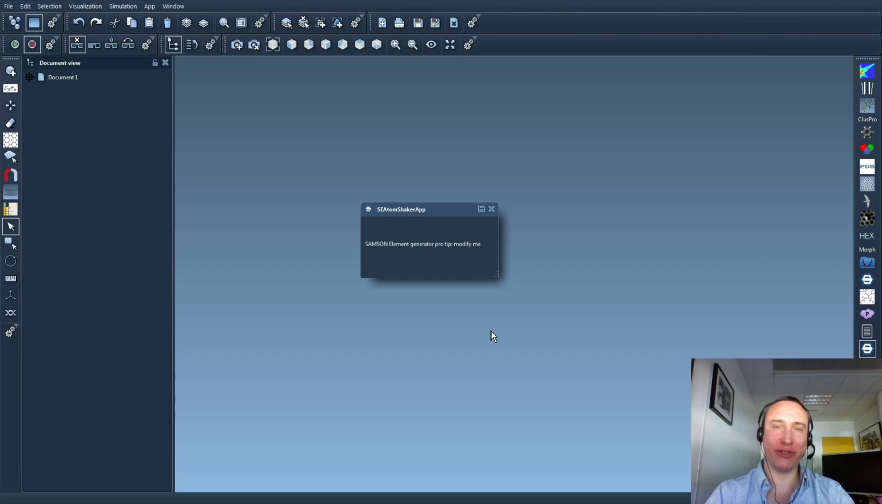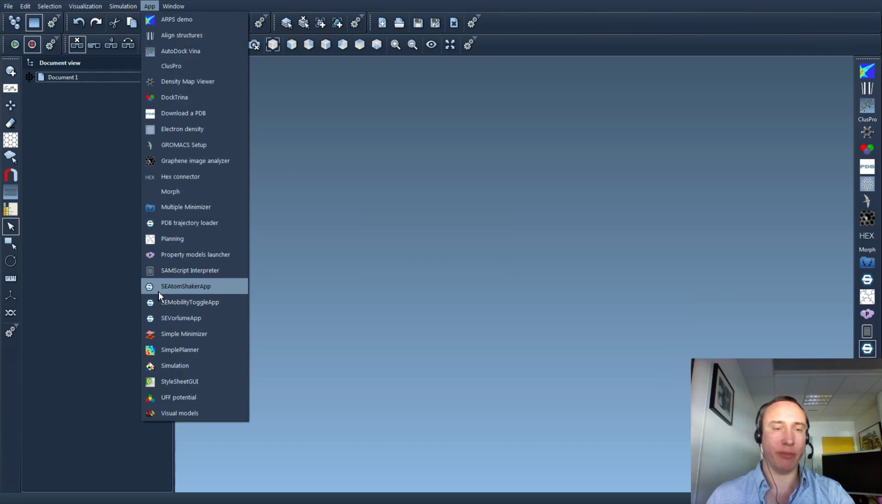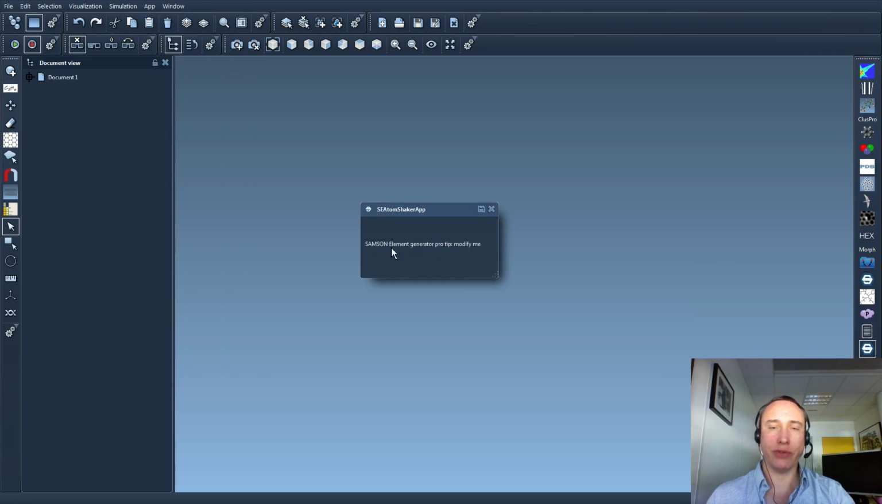In this video we're going to change the interface of our app. So we're going to do two things. We're going to change the title of the app and the title that will appear in the app menu. And we are also going to add a button that we will push in order to shake atoms. So let's do this. I stop SAMSON